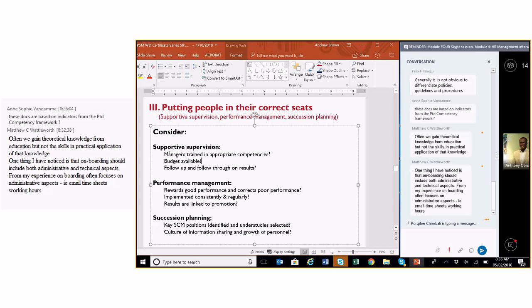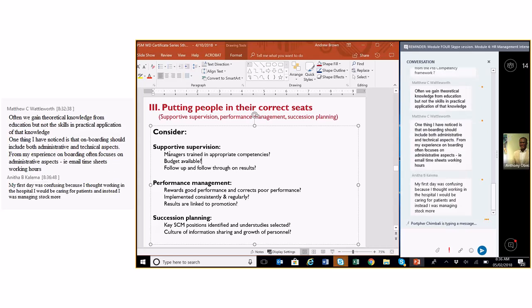and also an understanding of cultural competence, which means understanding different cultures and how to relate to them properly, and good leadership competencies to set good examples, all part of good supportive supervision. Budget needs to be available if there is any travel involved in supervision. You can have remote supervision, but as people know, interaction with each other is extremely important.